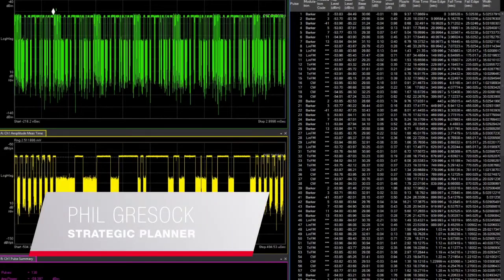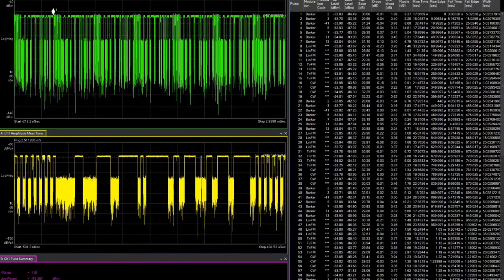Hi, today we're going to look at analyzing a complex pulse sequence using the VSA software's pulse train analysis. To demonstrate this, we can see already that we have just over 3 milliseconds of capture comprising about 130 pulses. To the naked eye, we can see that there's some sort of repeating pattern, but there has to be a better way we can visualize this to understand how often this repeats and so on, other than brute force